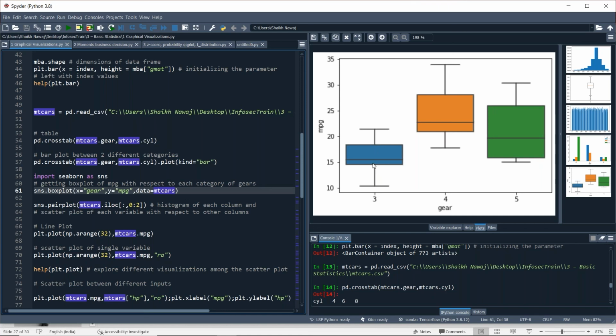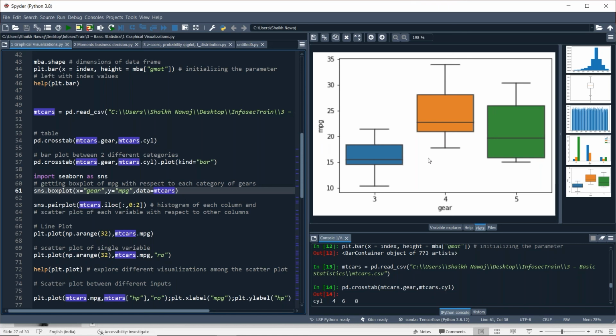That's why it shows a positively skewed distribution for gear 3. Likewise, in all the box plots you will see a positively skewed distribution, and there is no outlier in the gear variable and the mpg variable.